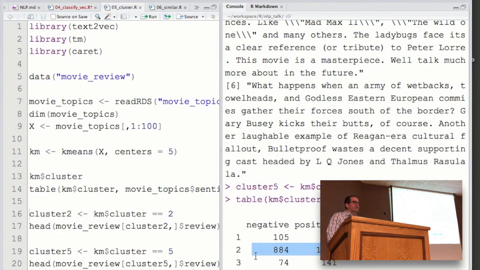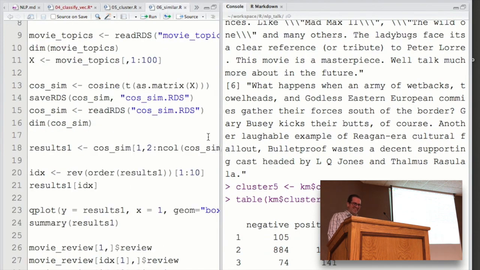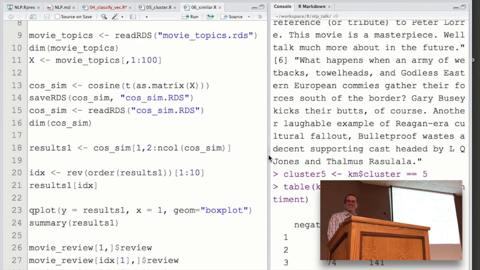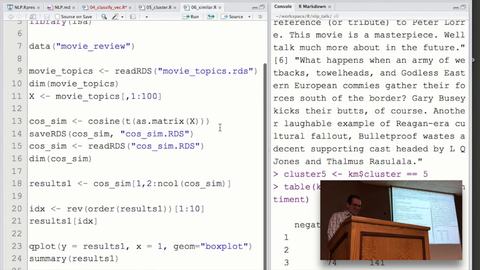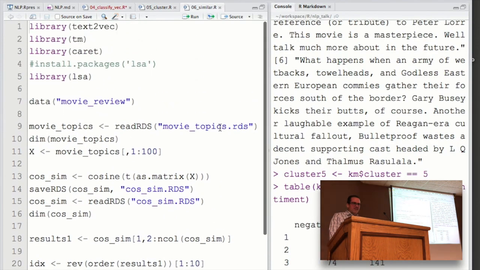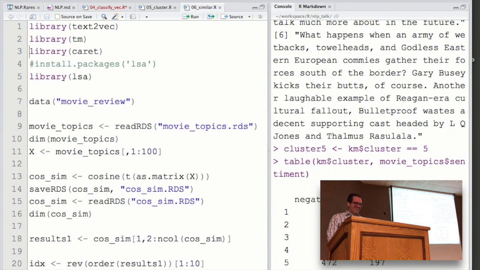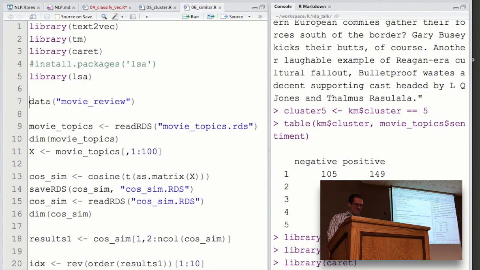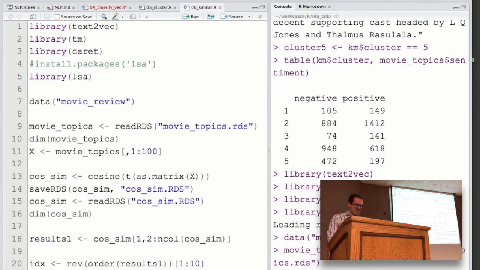What's going on with that? I had one, it was interesting. I looked and it was all the wrestling movies in the cluster, like WWE, documentaries, and they were enthusiastic reviews.